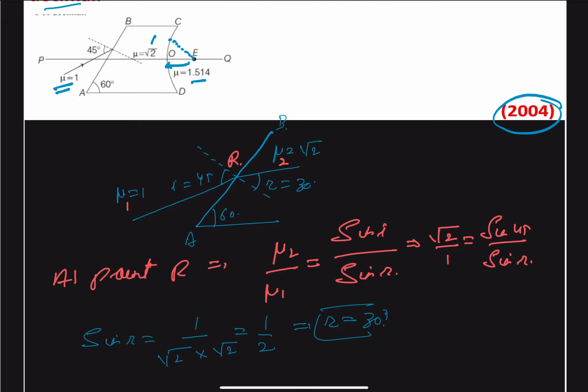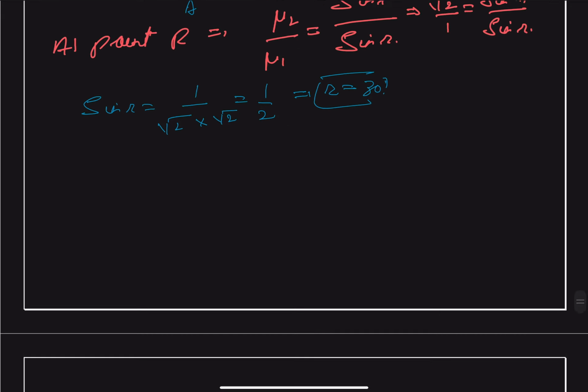Now if r is 30 degrees, let's find out what will be the angle of this refracted ray. This is our r, and let us call this r prime. We are going to find out the angle between r and r prime and the surface face AB. So let us draw once again the face AB, and we have a normal, and this ray is making an angle of 30 degrees, and we also have this angle as 60 degrees. So this entire angle will be 90 degrees,